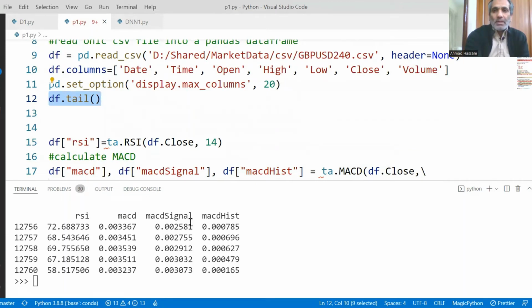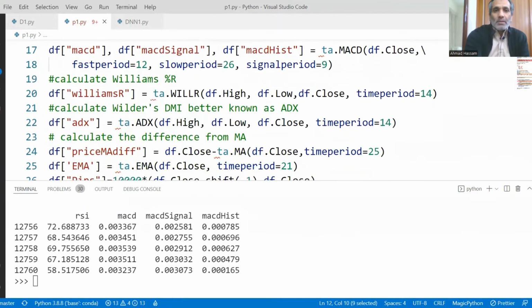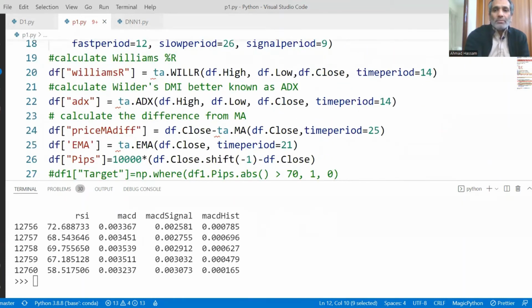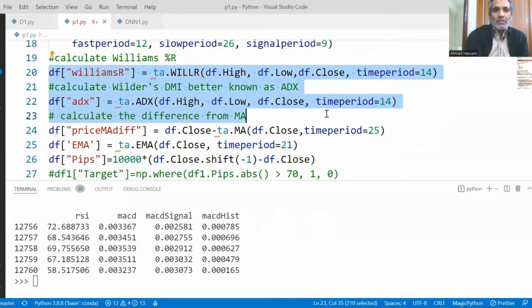MACD signal is the moving average of that difference with period 9, and MACD histogram is the difference between MACD and MACD signal. So it's very easy to add whatever technical indicator you want to use. Williams percent R, you can use it. ADX, you can use it. So let's add that also.